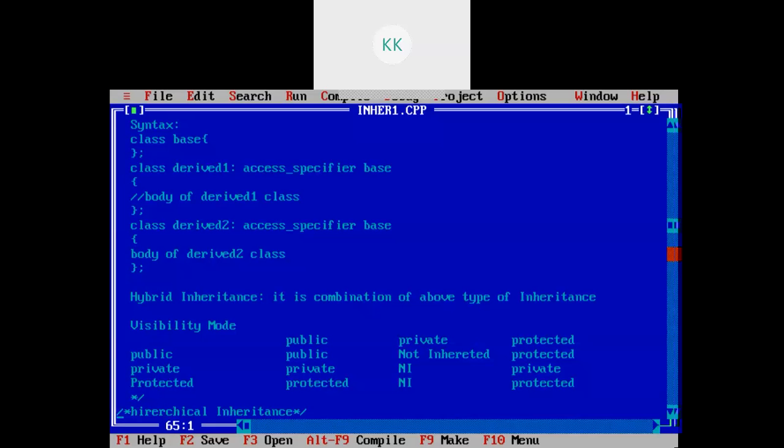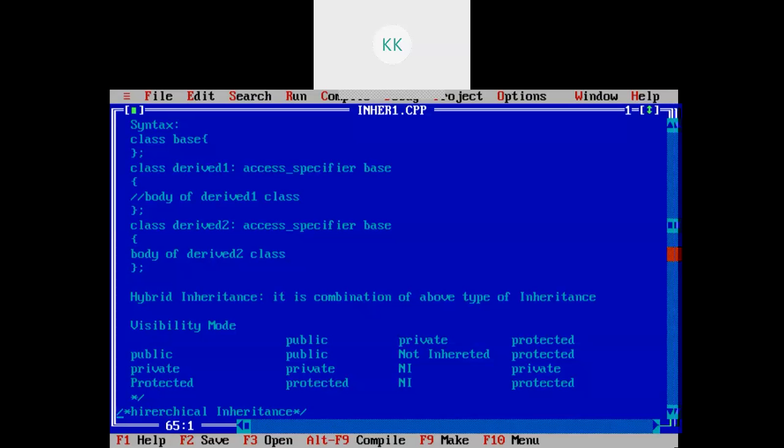When you inherit any class with the visibility mode as public, then the public data members and member functions will be derived as public in the inherited class, and protected data members and member functions are inherited as protected in the inherited class.